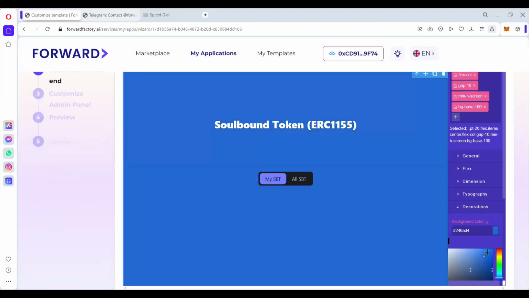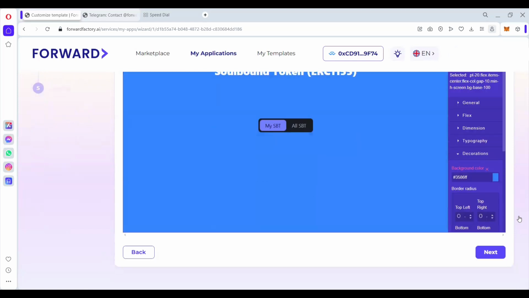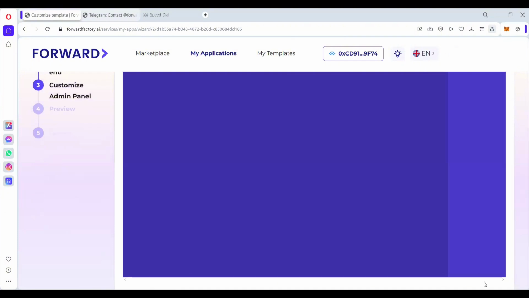I just try to make it look nicer. You can choose how you want to customize yours. You can change that name, but I'll leave mine as is, with the background as light blue, and I'll just leave everything the same. And then once I'm done, I can just go ahead and click next to the next page,